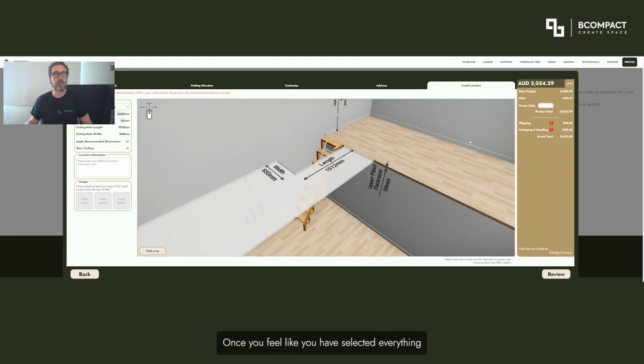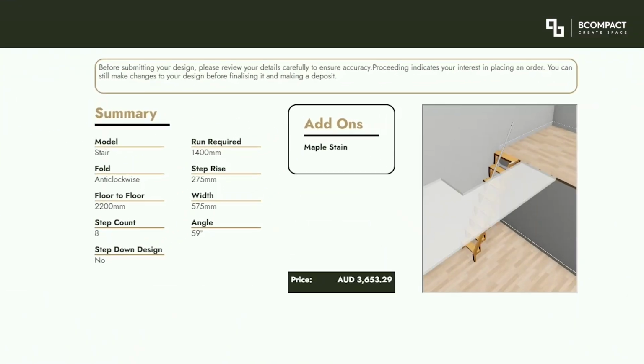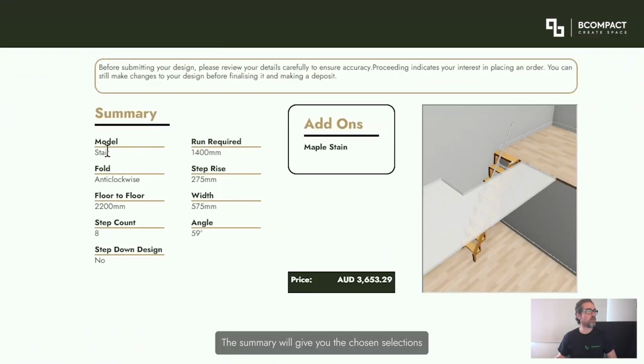Once you feel like you have selected everything according to your dimensions and space requirements, budget and comfort, you can click on the review button to see all these options on one page. The summary will give you the chosen selections plus pricing and angles. And from that point, we can use this information,